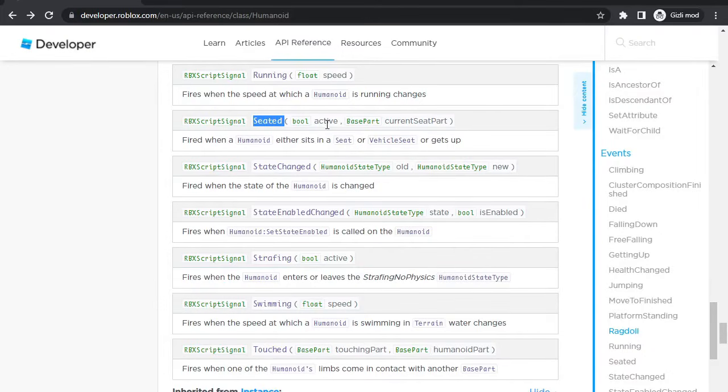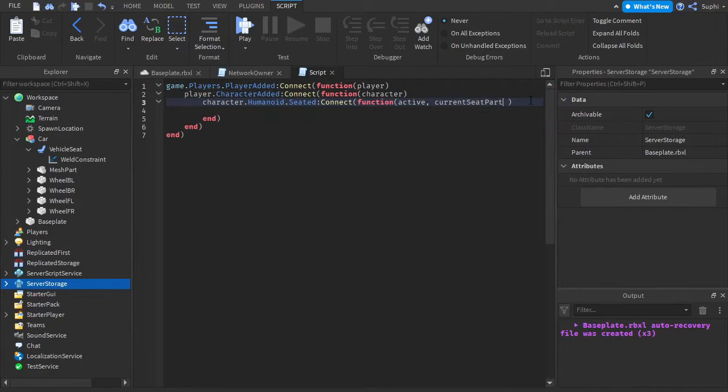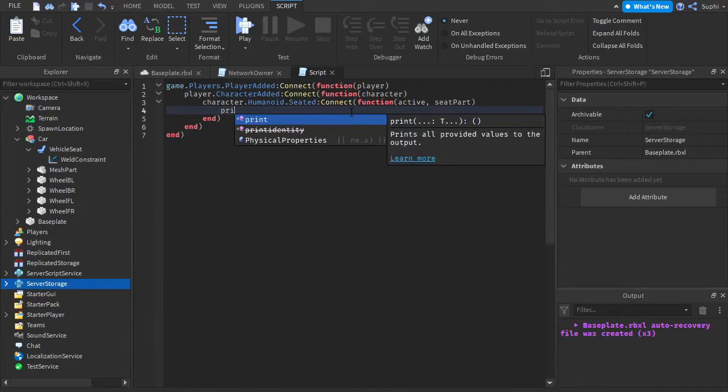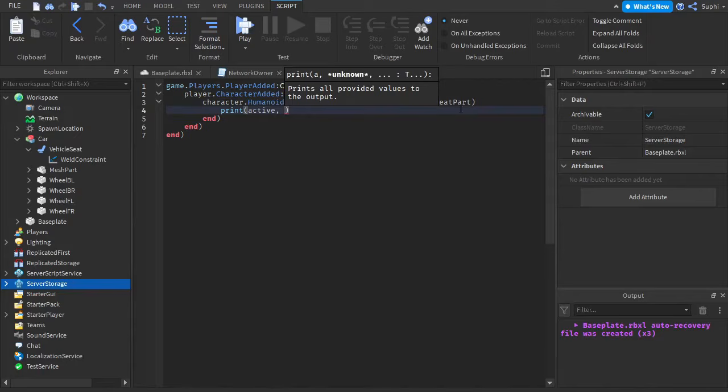This Seated event returns two variables: one boolean, so either true or false, if we're sitting down it returns true and getting up from a chair would return false, and the part we are sitting on, or it will return nil when we're getting up from a chair. So I'm going to copy and paste these names and paste them into our function, and I'm going to call this seatPart, and this one's going to be called active. And just for now I'm going to print active and seatPart,